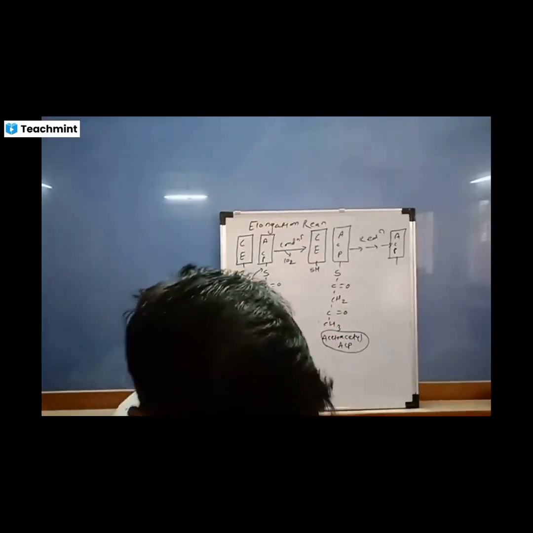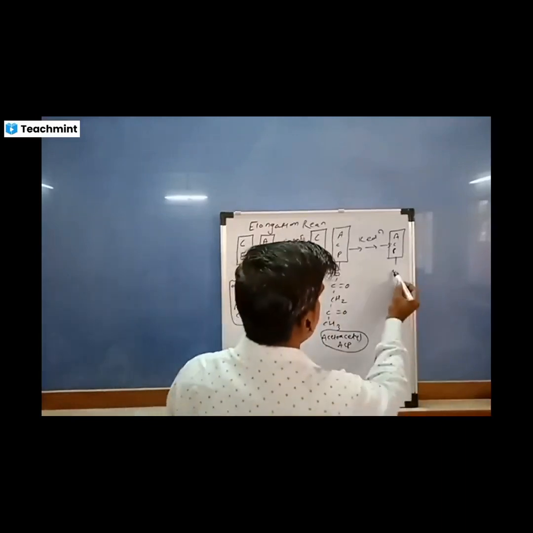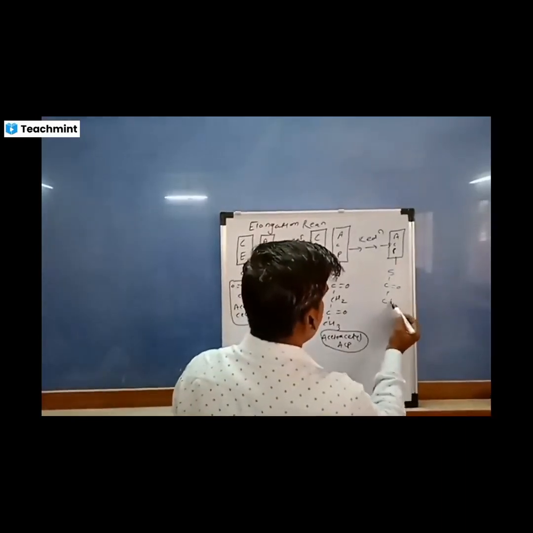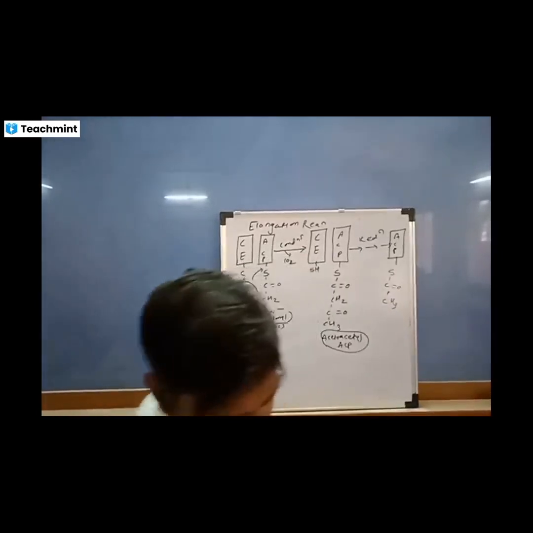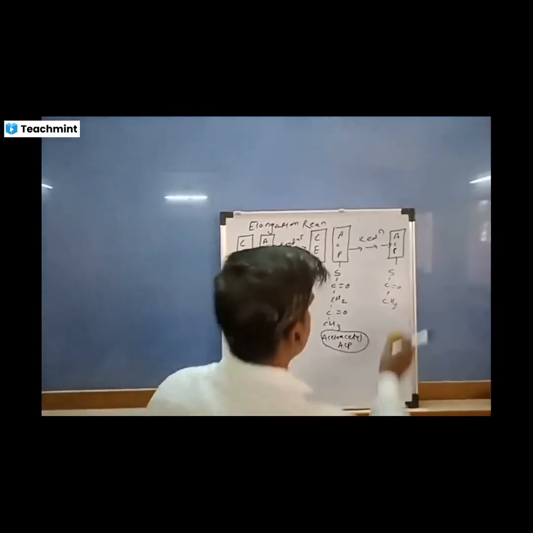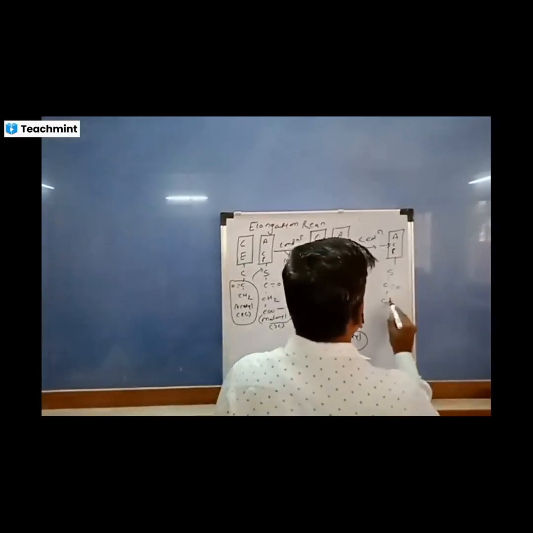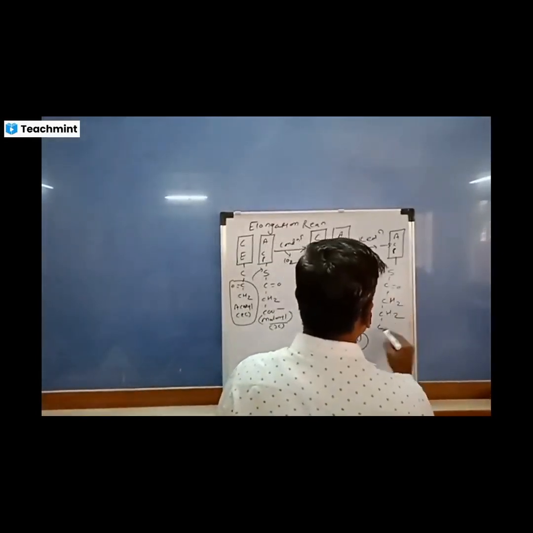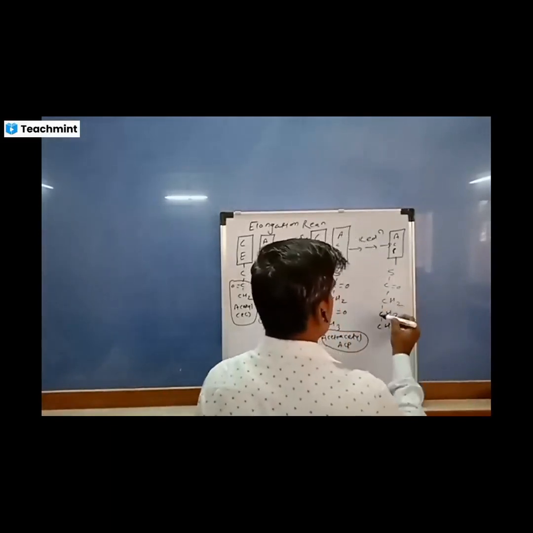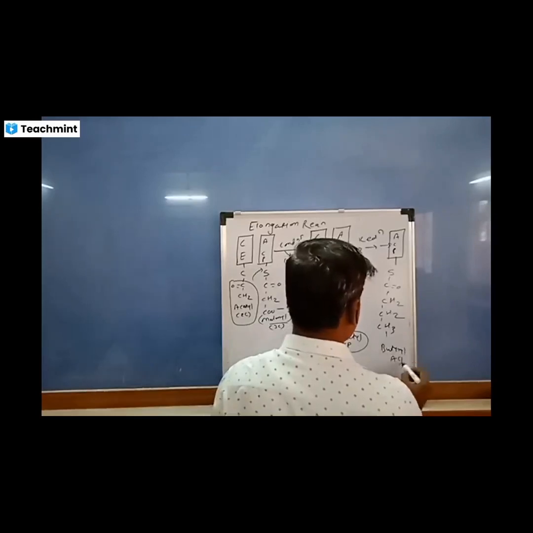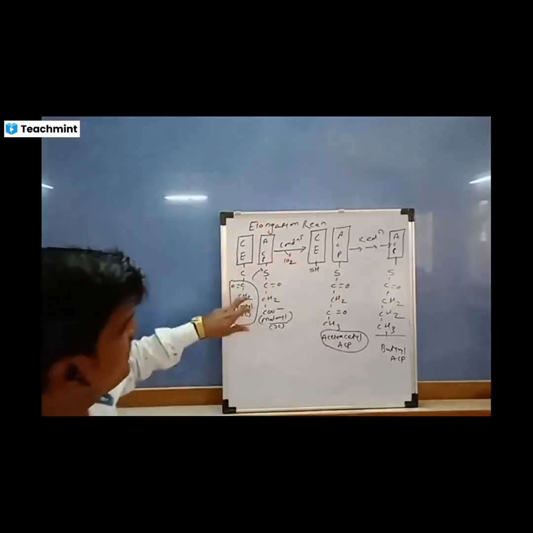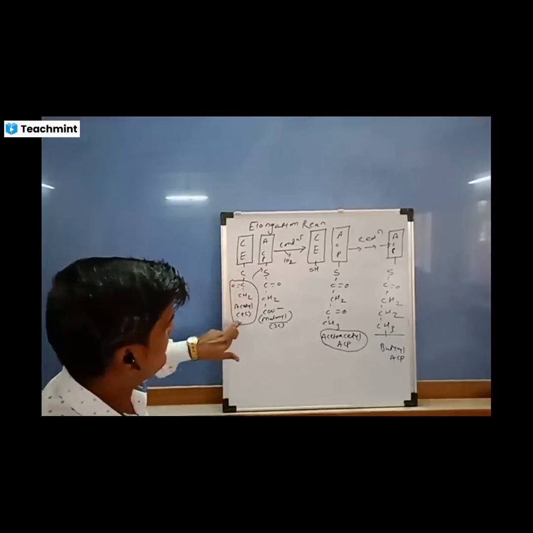So there is formation of butyryl ACP as S, C double bond O, CH3, CH2, CH2, CH3, 1 2 3 4. This structure is called butyryl ACP. So this 4 carbon structure is now ready for the next round of elongation as a butyryl ACP. So up to this one, the condensing enzyme has a 2 carbon structure, an acetyl group.